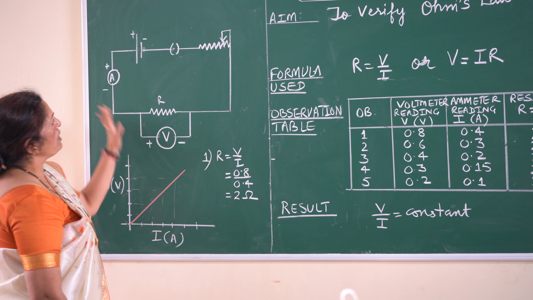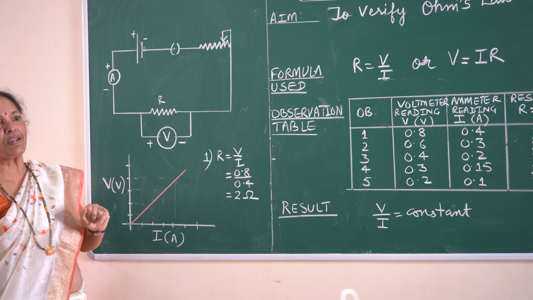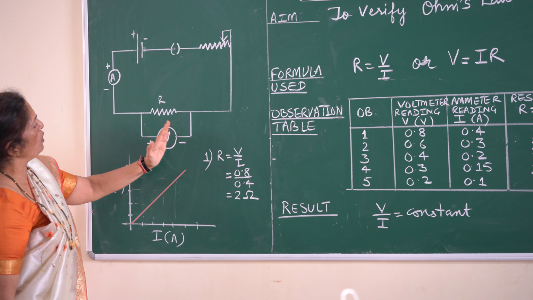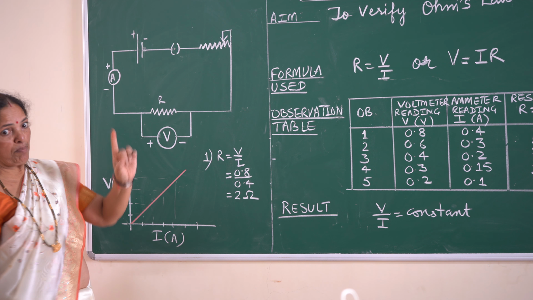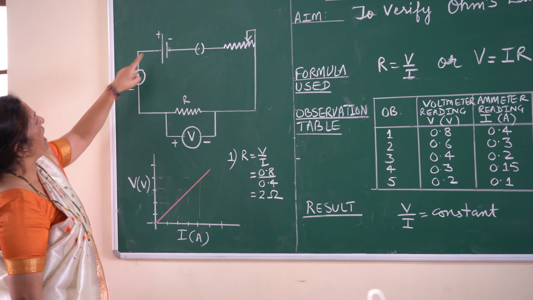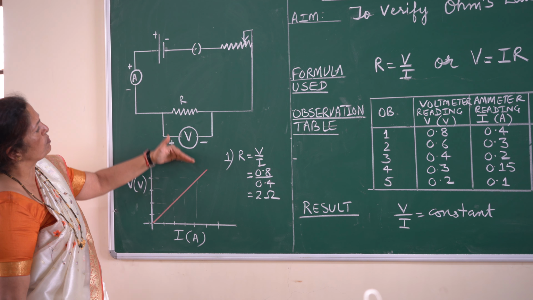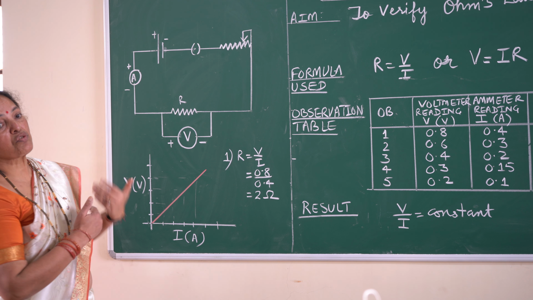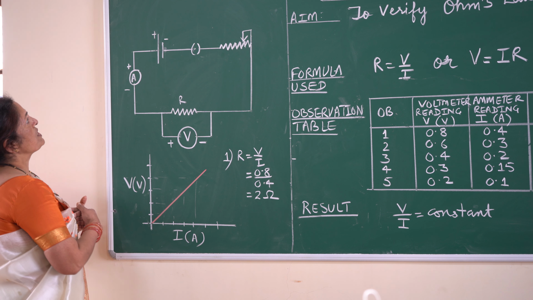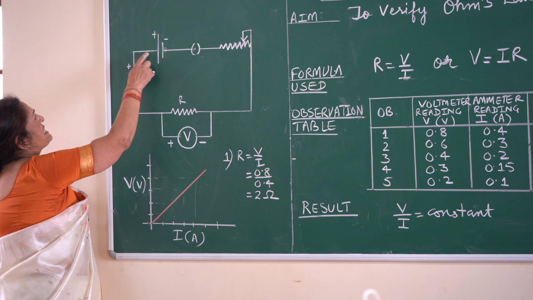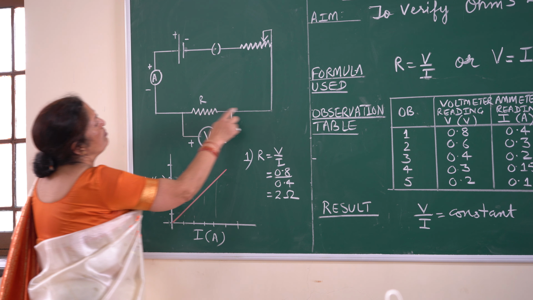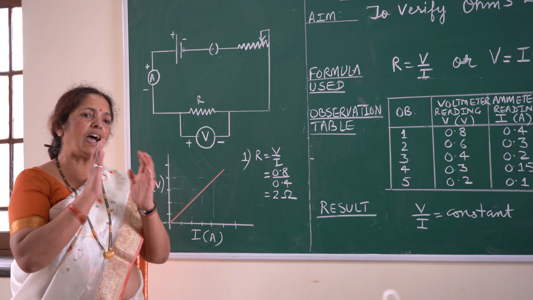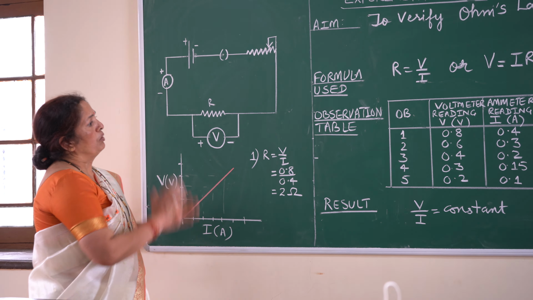Now once you set up your arrangement like this, we'll be performing the experiment, right? You'll get the reading of voltmeter and ammeter. In this case, remember that the ammeter is going to be attached in series and the voltmeter is going to be attached in parallel, right? That's always, remember this. In your structure, if you concentrate clearly, these lines, whatever I have shown in the circuit diagram, these are indicating the connecting wires. Now when I connect the circuit, I'll inform you there again.